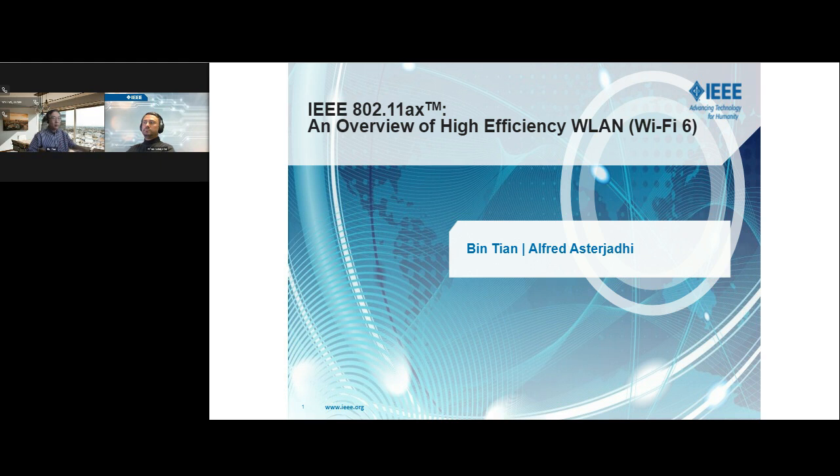In this training, we will provide an overview of the features and optimizations introduced by 802.11ax physical, or PHY, and medium access control, or MAC, layers. Day one, today, we'll focus on the PHY layer, and tomorrow we'll focus on the